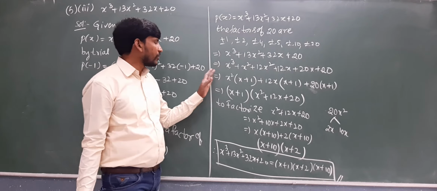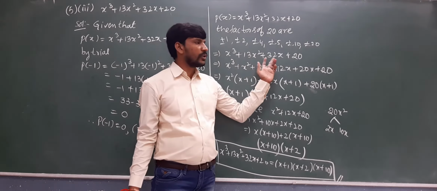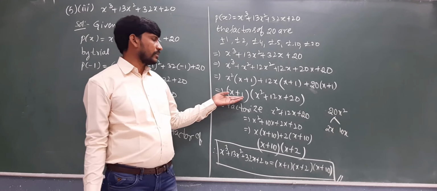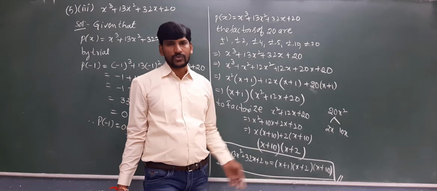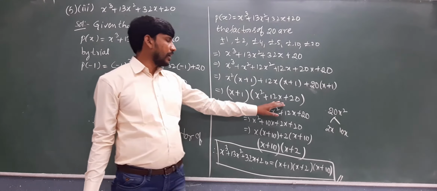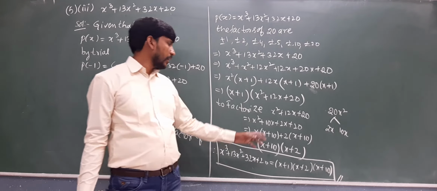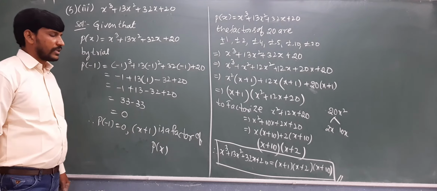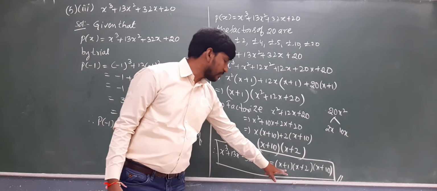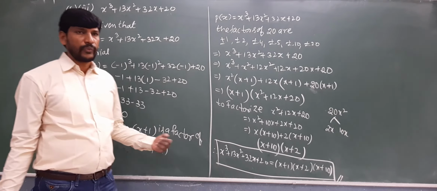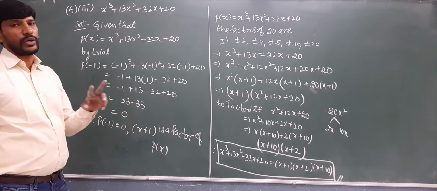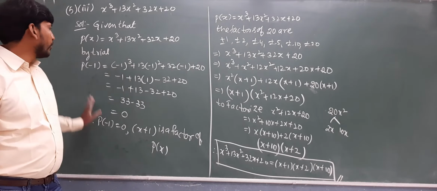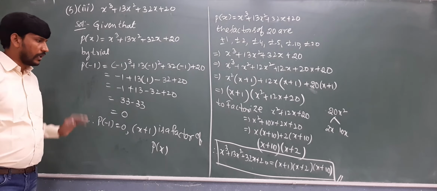Okay, with the help of this x plus 1, simplifying the middle two terms, we should get x plus 1 as the common factor. By taking x plus 1 as the common factor, you have to get x square plus 2x plus 20 as the quadratic polynomial. By splitting the middle term, you should get the remaining two factors. Okay, by combining those three factors, the total value x cube plus 13x square plus 32x plus 20 can be written as the product of x plus 1 and x plus 2 and x plus 3. Okay, every cubic polynomial can be written as the product of a linear and a quadratic, or three linear polynomials. Product of three linear polynomials. I hope you understood that. Clear, my dears?